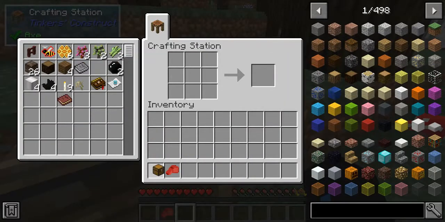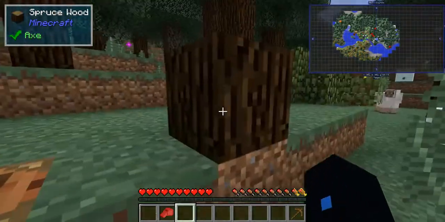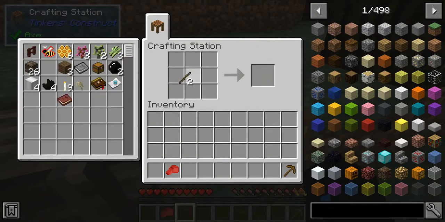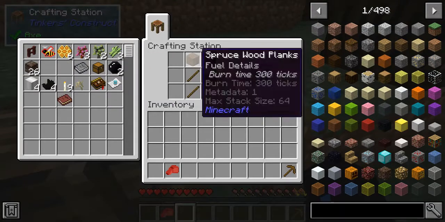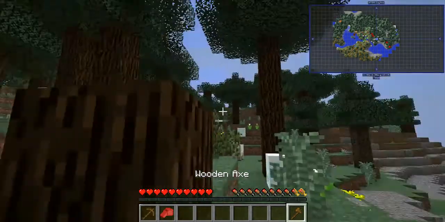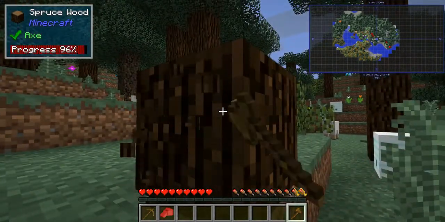Alright. Let's go ahead and start off by making ourselves some basic tools. We need sticks. And now I will be making Tinker's tools because I find that Tinker's tools are really strong and last for a very long time. What I forgot to make. I made a mistake here. I want to do this because I'm going to need a lot of wood. And we're going to get hungry